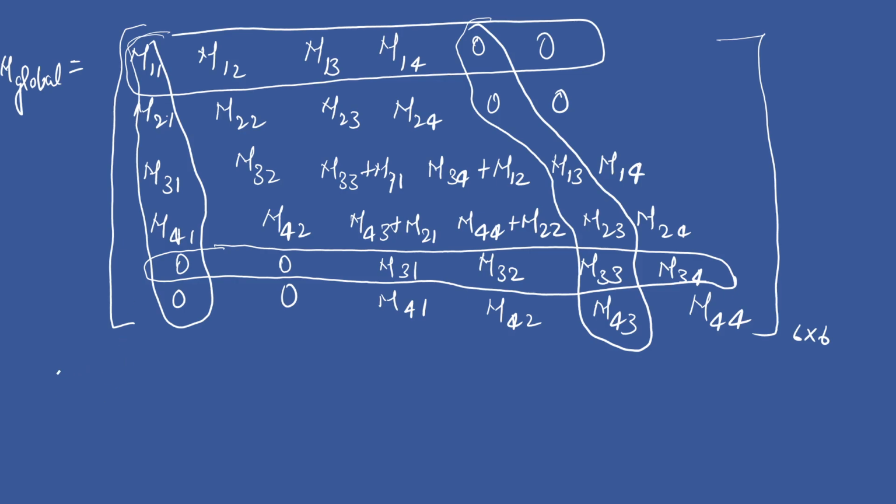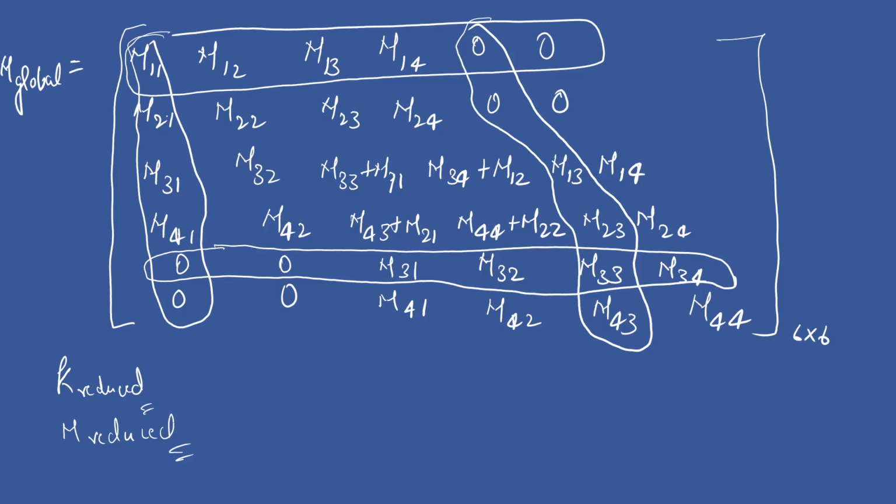So then you'll be having the k reduce and the m reduce. So once you are having the k reduce and the m reduce, you can obtain the eigenvalues and eigenvectors